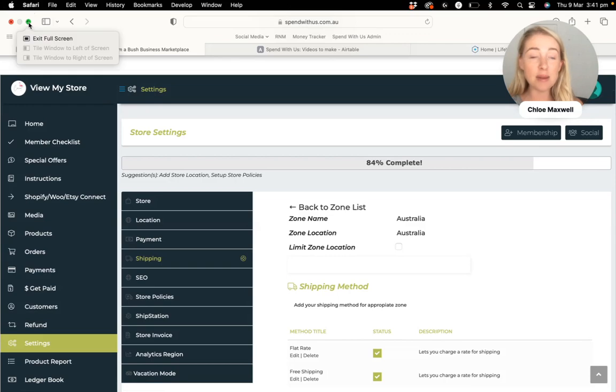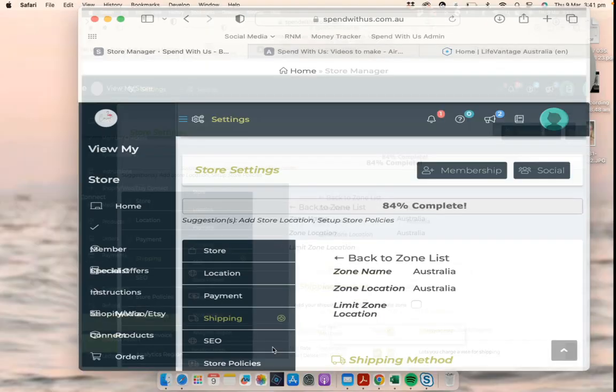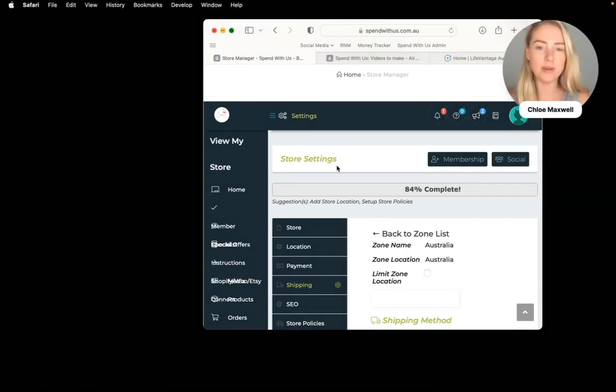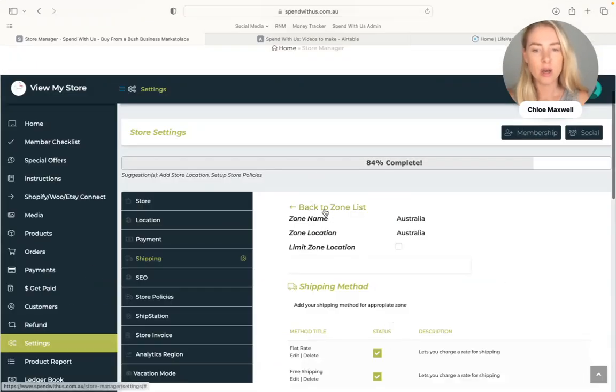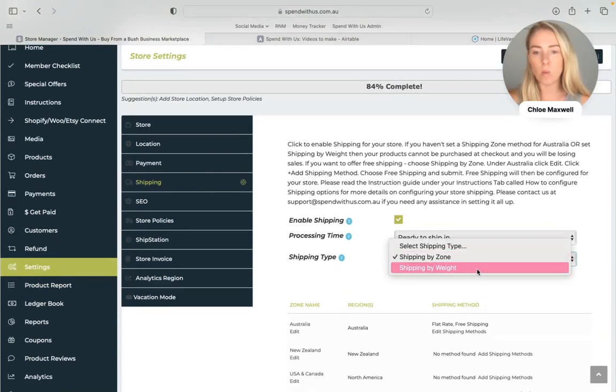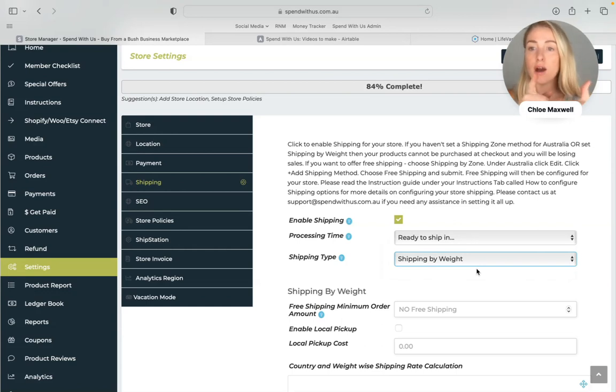Okay, so the last one that we want to do is set up based on weight. Okay, so now what I'm going to show you is how to set up shipping by weight. So what you want to do is click back to zone listing. So this will allow you to change that setting. So the main thing that you need to know with this, if you're going to go shipping by weight, is that it will override your flat rate shipping,